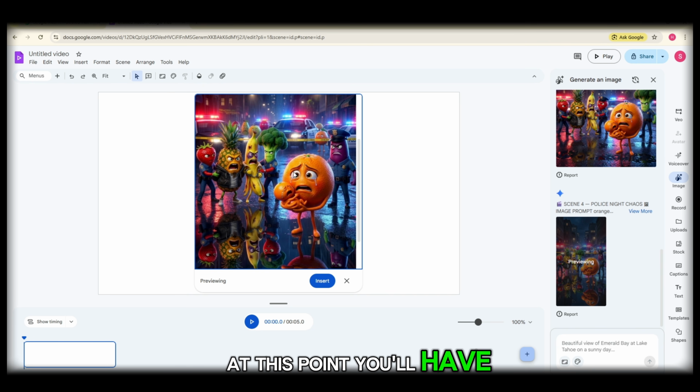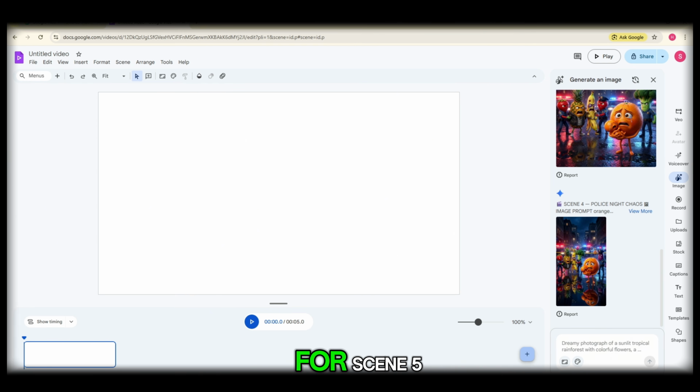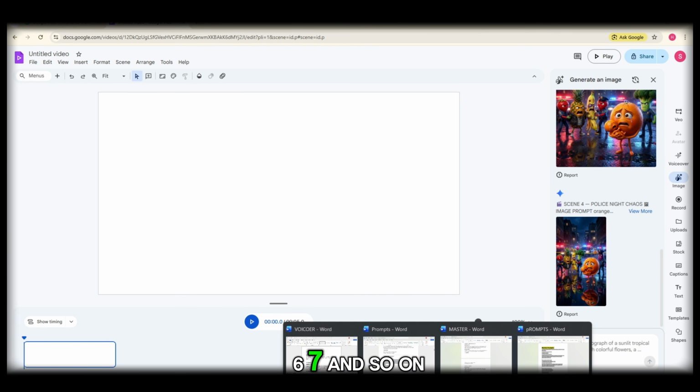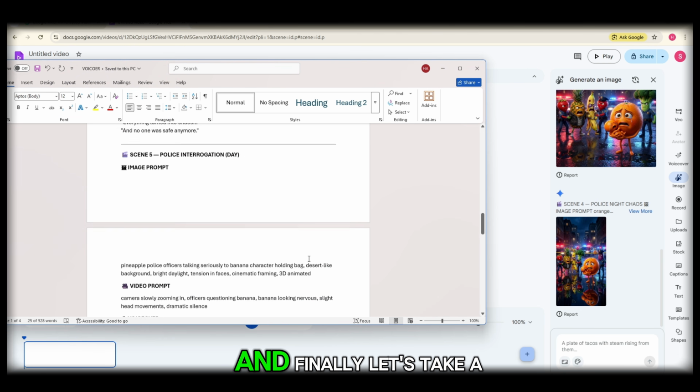At this point, you'll have multiple scenes ready. Now continue the same process for scene 5, 6, 7, and so on. Generate each one step by step. And finally,